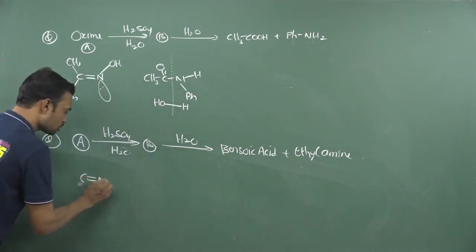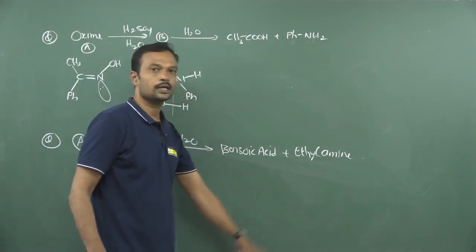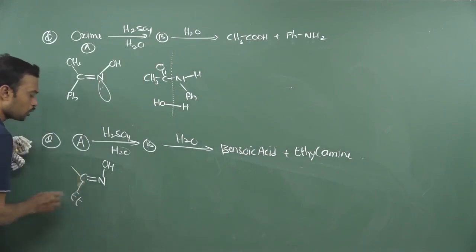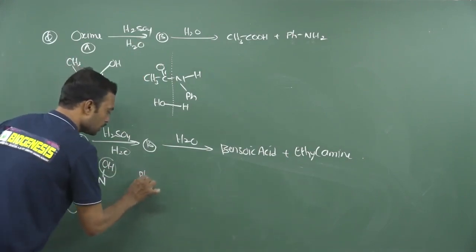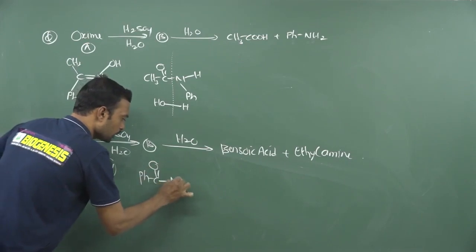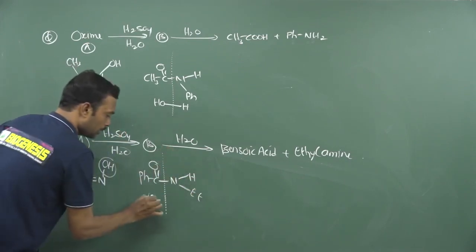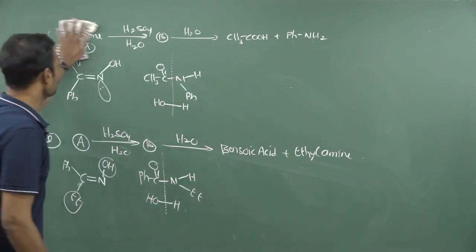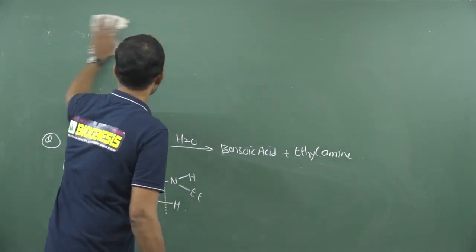So before writing the structure, first write down this kind of oxime structure. After writing this oxime structure, ethyl amine has been used, so ethyl should be exactly trans to the hydroxyl on nitrogen, and what about this, it is benzoic acid, so here you should write phenyl. So this and this both are trans to each other. Then definitely phenyl attaches to C double bond O, here it is nitrogen and this is ethyl. Finally make hydrolysis and here put the hydroxy group and here hydrogen, that is your resultant answer. So based on this we can easily identify what will be the stereochemistry involved in this reaction.